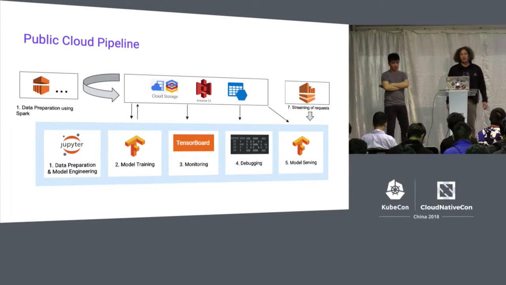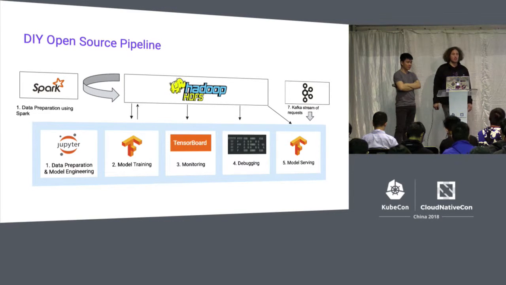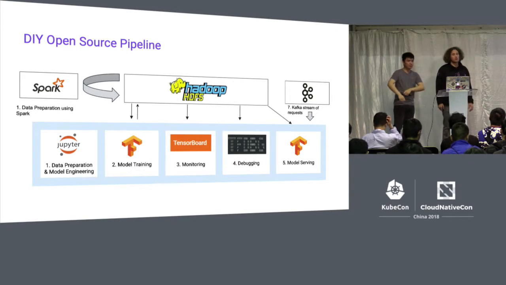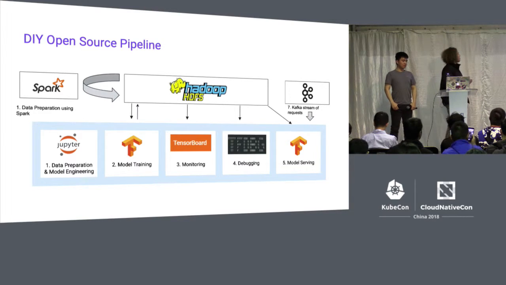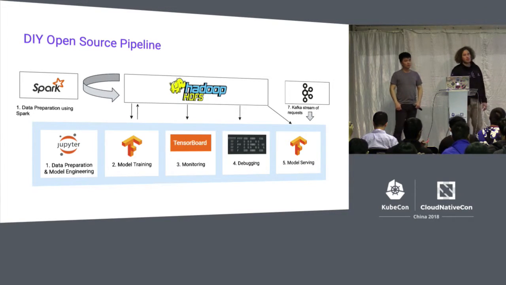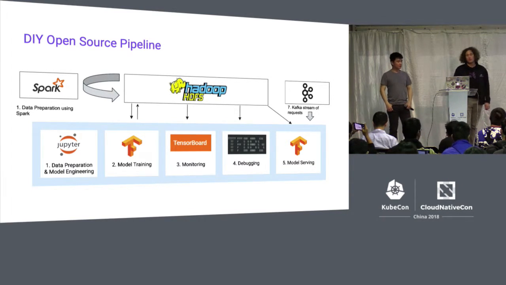Now, many of our customers, many of our users, especially in Europe or environments which are constrained in what data can be uploaded to the cloud, actually try to build something similar in their own data center. So there are a lot of open source tools available. For example, Spark is a really great tool to do data preprocessing, or in general, the entire Beam integration, if I want that more abstracted. HDFS is a great data store for unstructured data. I can use Kafka to pipe my requests towards my serving layer.